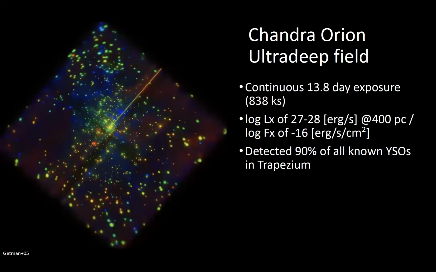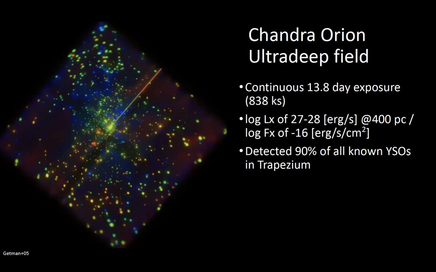This is the Chandra Orion Ultra Deep Field. This was almost a megasecond, a 13.8 day exposure of the Orion Nebular Cluster, covering a range of X-ray luminosities. It's one of the early amazing projects that Chandra conducted. I'm just showing you this image here, which is color-coded by the energy of the X-ray photons. I want you to notice that on the outskirts, you have these blobs, and those blobs are because of the PSF decreasing. This is ACIS-I, so this is about 16 arc minutes on a side. There are 4 chips in there. And in the center, you have really nice crisp images.